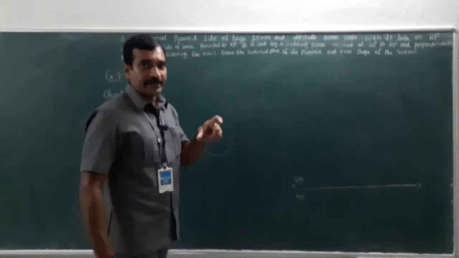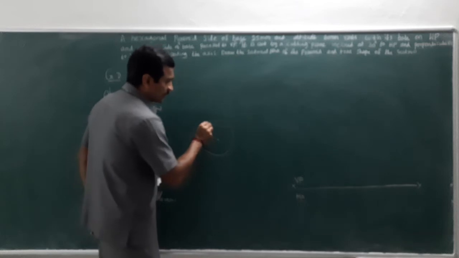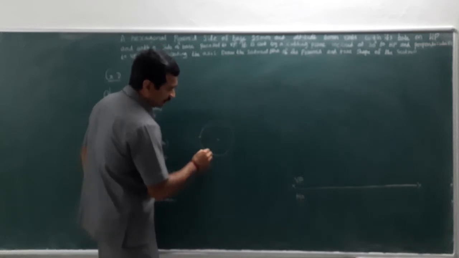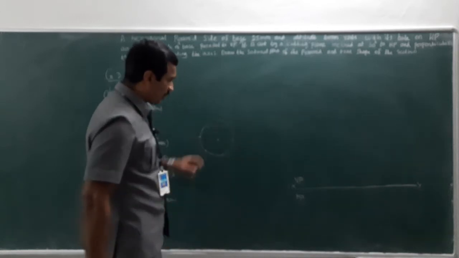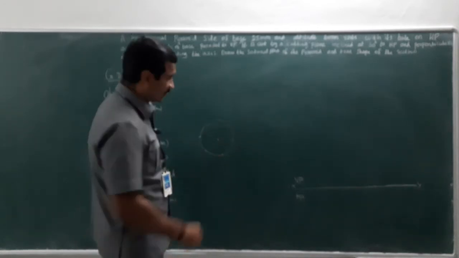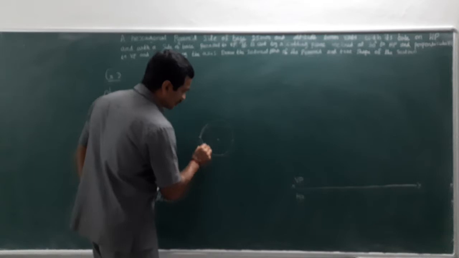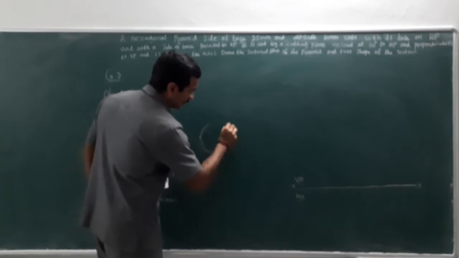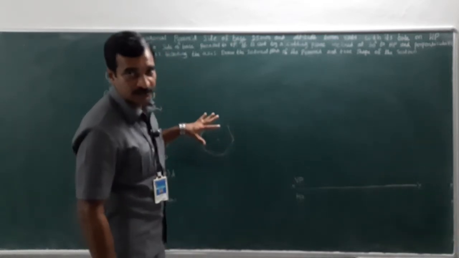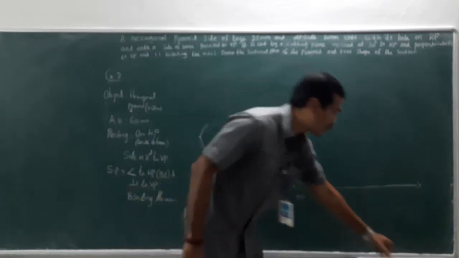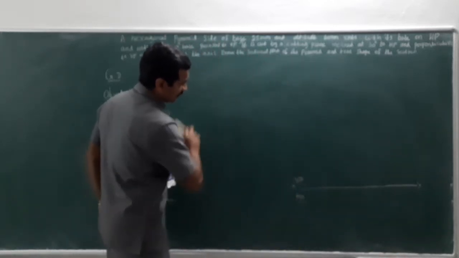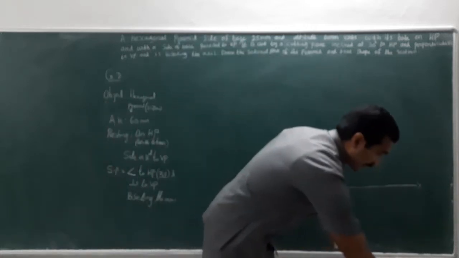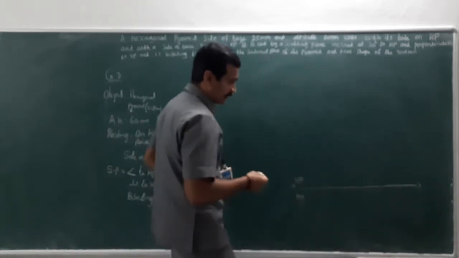Now, without changing the radius, just keep it here and cut an arc. Similarly, just go on cutting the points on the periphery of the circle. Now, connect all the intersection points. By doing so, you will get a hexagonal shape. So, this is what I am going to draw here. Right? This is the method of how to construct the hexagonal shape, the base of the pyramid.